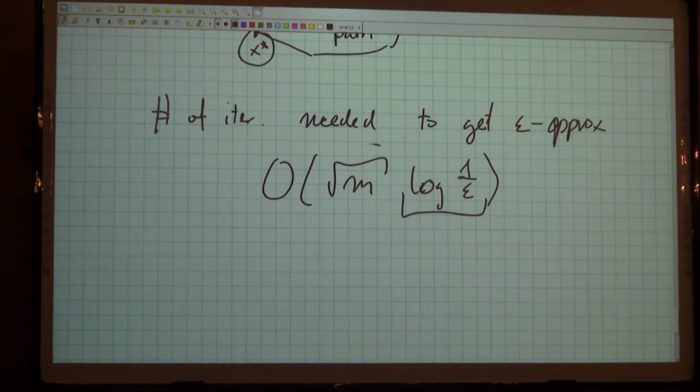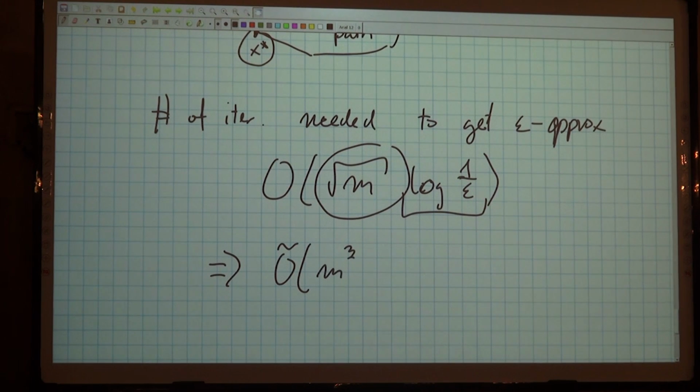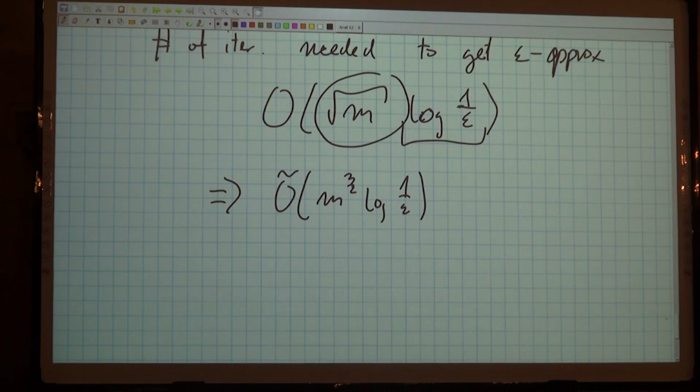What is not so great is this square root of m, because even though you can show that for max flow you can implement each iteration in linear time, this just gives you O tilde of m to the 3/2 log 1 over epsilon, which matches the state of the art and gives you an exact algorithm, but again, somehow we wanted to improve. This is a long-standing upper bound, and in my work I show that you can get something better,